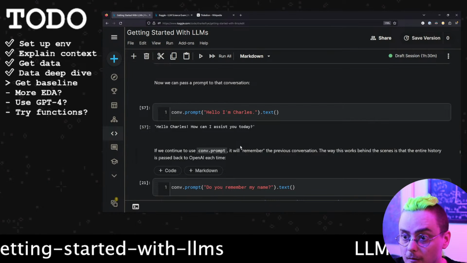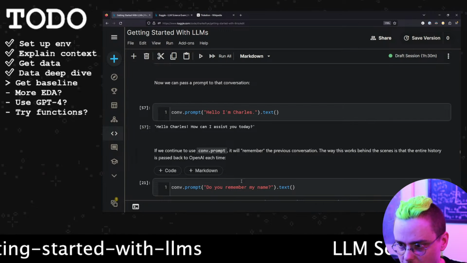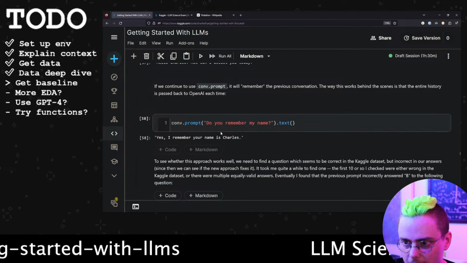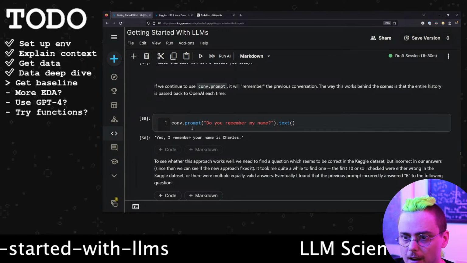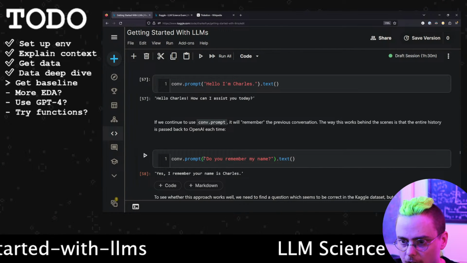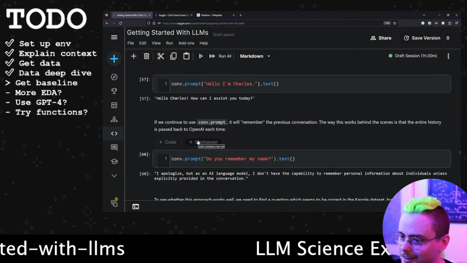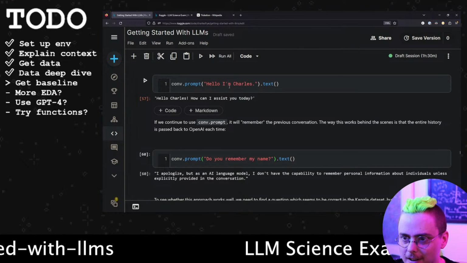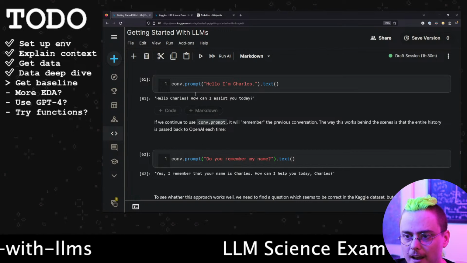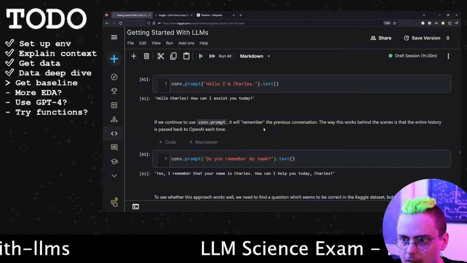When you're having a conversation, it stores information over time. So you can send message after message, and for example, it will remember, in this case, my name when I follow up. If I start a new conversation, that disappears, and I run it here: do you remember my name? I apologize, but as an AI language model, I don't have the capability. And then I can keep this conversation going, and now the model knows my name.